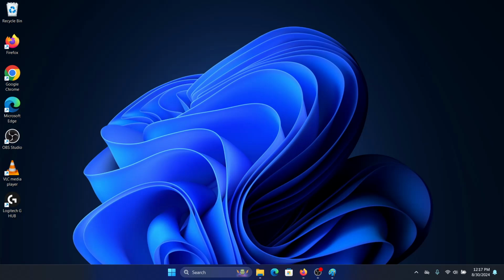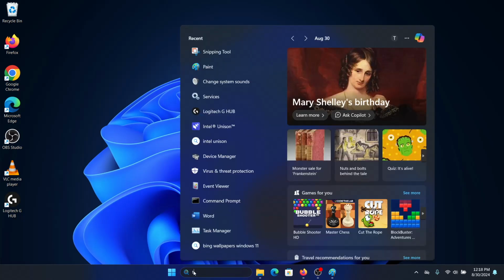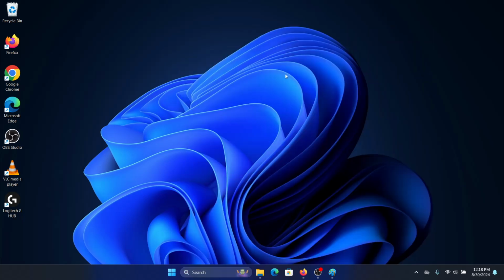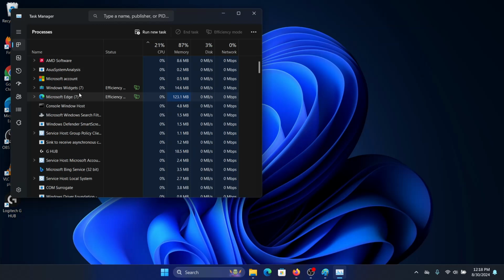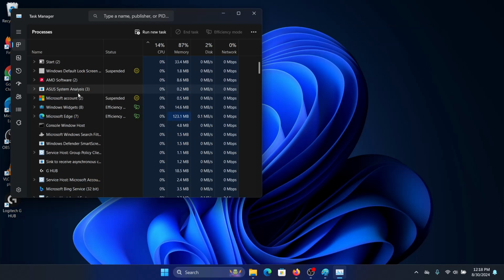If Paint or Paint 3D is not working on your system, then watch this video for the solution. The first thing we need to do: normally when we open Paint and do something on it and then close it, sometimes it doesn't close properly. So we need to look for Task Manager in the search bar, click on Task Manager, and then if you have closed Paint and it still shows on the Task Manager, then